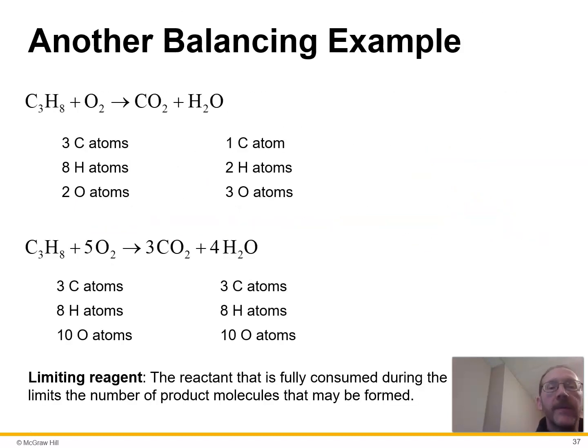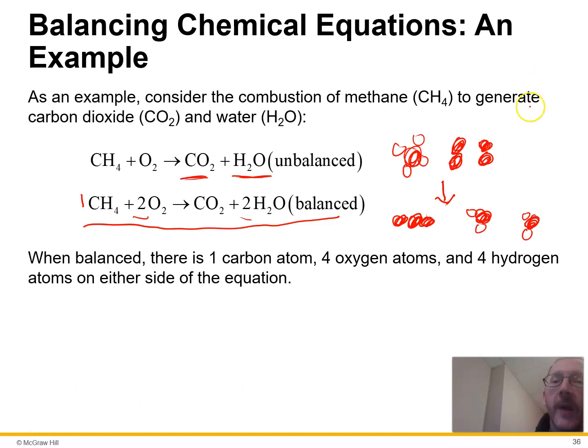So here's some examples of how they get balanced. There's this thing in chemistry, it's called the limiting reagent. It's whichever thing is fully consumed. Let me explain that by going up here. What if I have an extra oxygen? That's fine, because you do have extra oxygen, right? There's plenty of oxygen floating around. If you have an extra oxygen, it's just not going to participate. It'll just still be there at the end. So you don't write it in the reaction, but it can be there. You have extra oxygen in there.